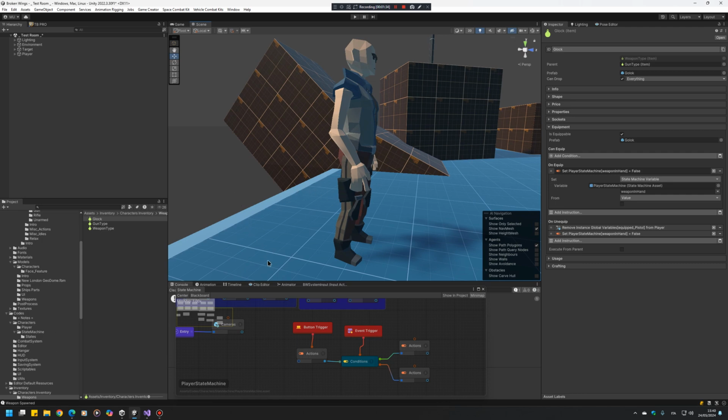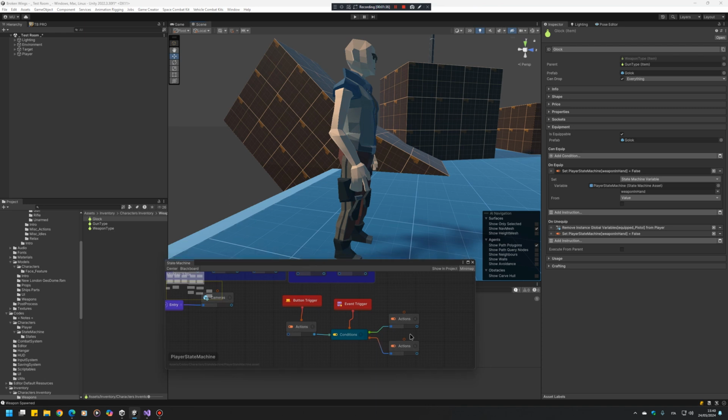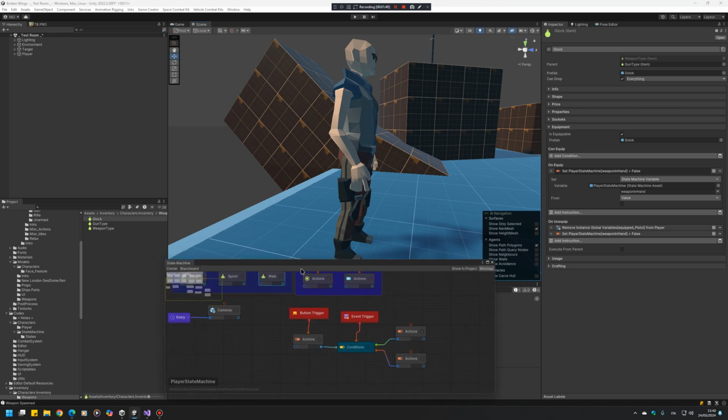So I'm using the StateMachine to manage this thing, but you can make an empty object inside your character and do whatever you want. Anyway,